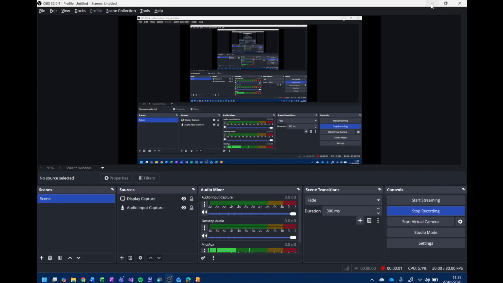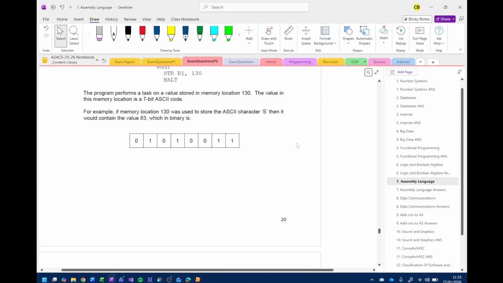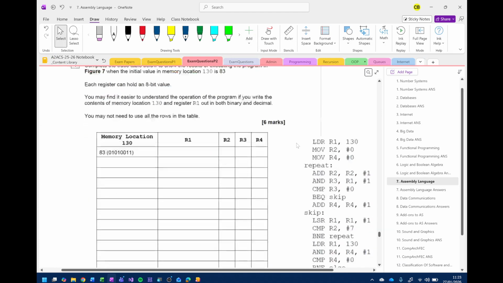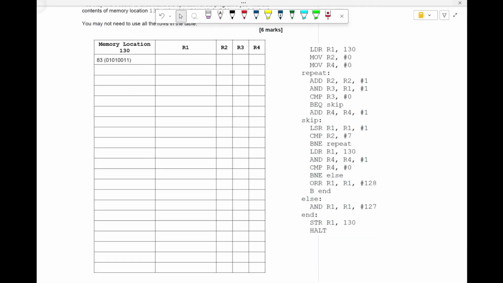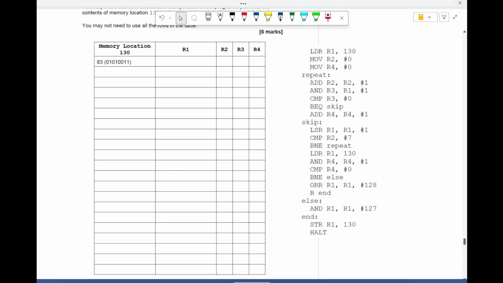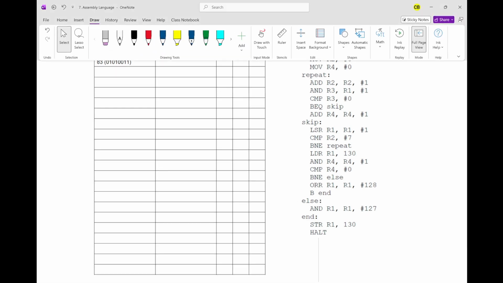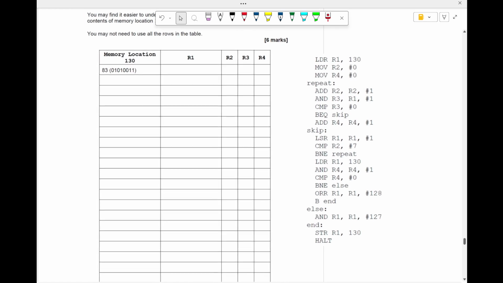Okay, hello, this is question 8, I think it is. Yeah, it's question 8. Okay, so let's make a start. Now, you might want to do this at double speed. I'm going to take my time. Right, it might be a good idea as well if you do things in binary, but we'll see how it goes. Right, so first question,